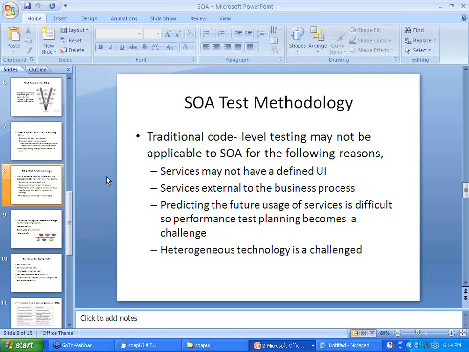So I have a web service developed using .NET, I have a web service developed using Java, and I can put all of them together under a single SOA architecture. So coming up with a common test methodology, like we do with a normal SDLC based development project using QTP or Selenium, which follows a standard pattern of testing, is not possible here for these reasons. Is this clear?